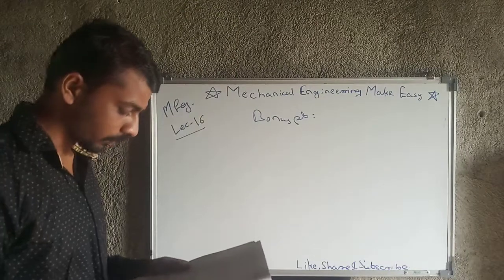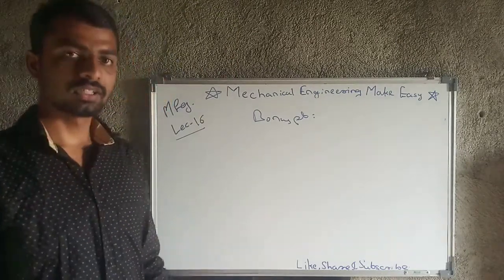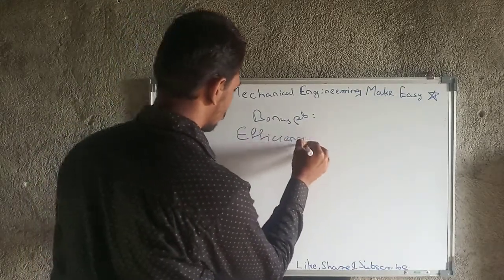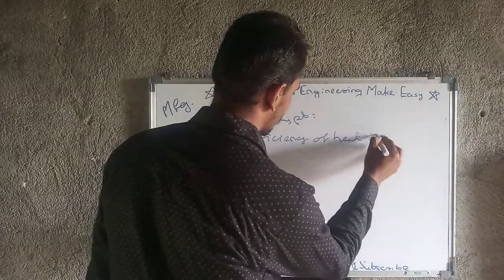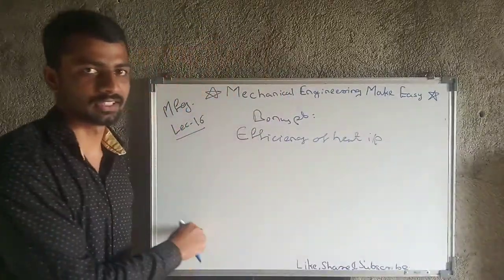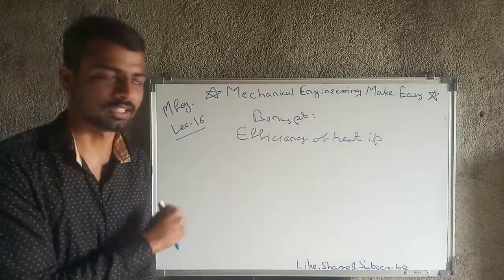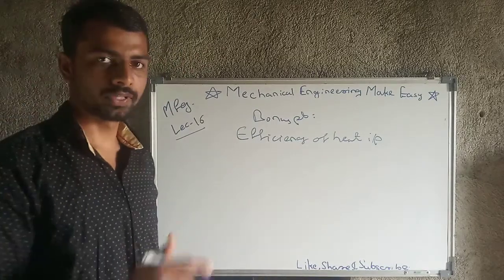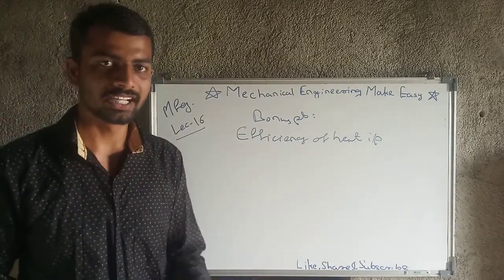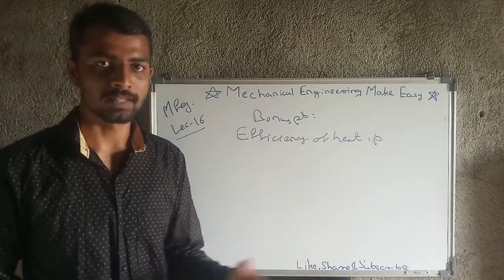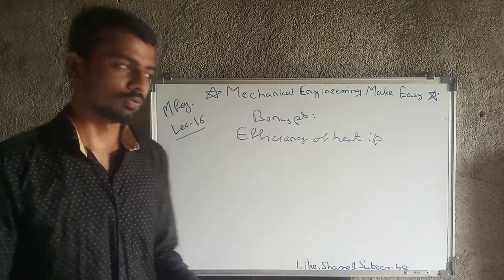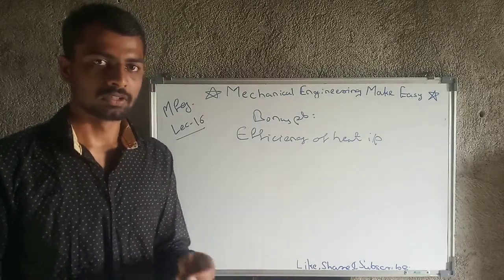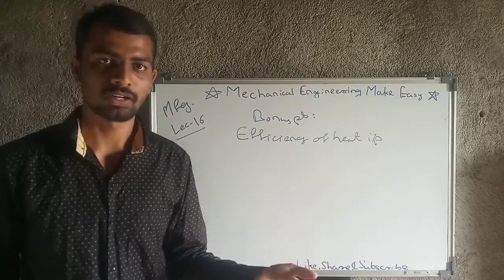Bonus point: we are looking at the efficiency of heat input of different welding processes like resistance welding, arc welding, etc. The efficiency of heat input is, for example, we are providing 100 joules of heat at input with the help of maybe electrical energy. But at the output, while welding, are we utilizing all 100 joules of energy in the welding process, or is some amount of energy liberated to the atmosphere, or are there some losses?